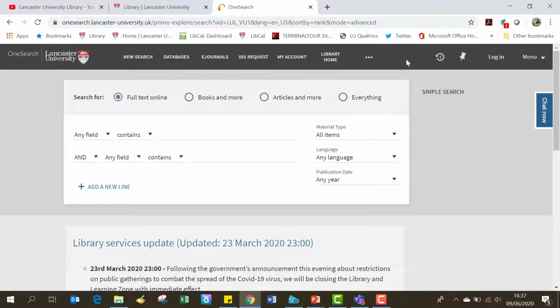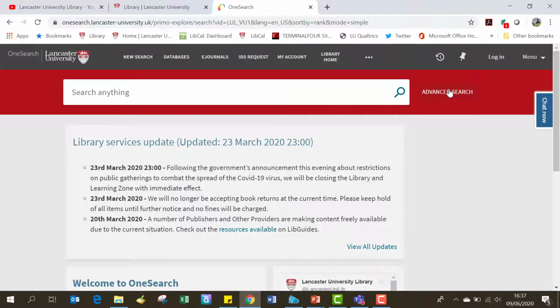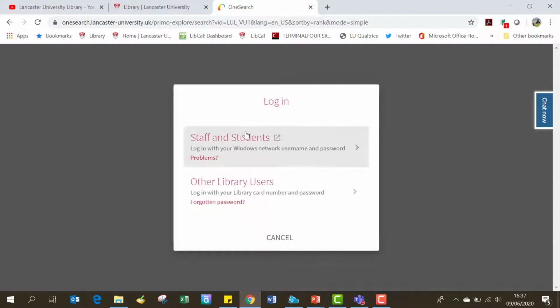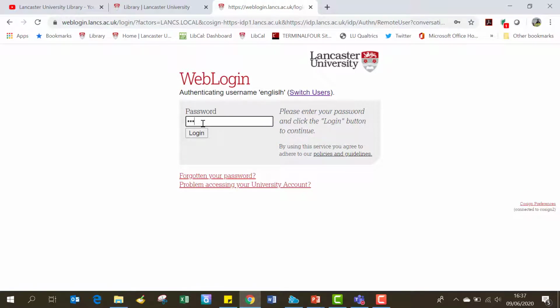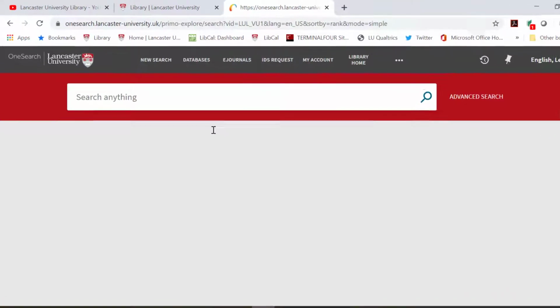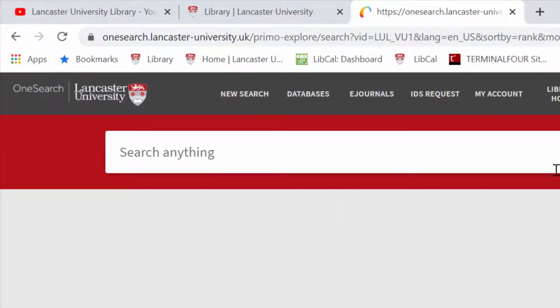So let me go back to the simple search from here. And as I said, it's useful to log in. You would be prompted here for your Lancaster username and password. Okay, so I'm going to search in the field of full text online, which will appear as soon as I start searching. So let me type in some